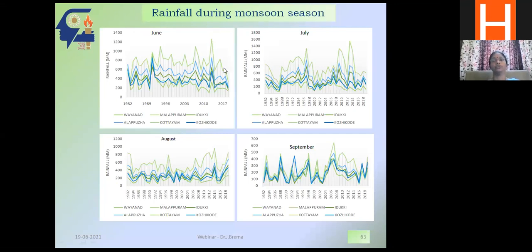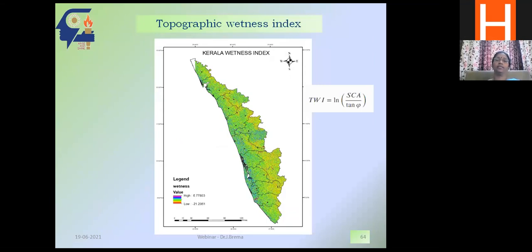Okay. And this is during monsoon. During the month of June, how much rainfall I get, during July. And when we made a study, we could see during September, all these regions got very high rainfall. It is due to the northeast monsoon. Once you understand the rainfall, you can easily identify which regions may be highly precipitated and highly flooded; the antecedent precipitation index also can be calculated. And in case of landslides, you can use this index, which is called the wetness index.